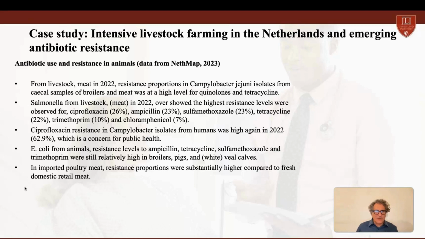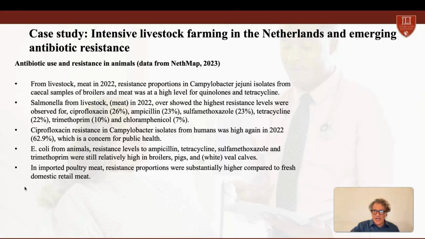And also ciprofloxacin, which is one of the most used, for example for pigs, is shown to have, in 2022, a 62.9 percent resistance, higher than the previous years. It means that it's pretty dangerous, because if the same disease happens again in the pigs, the farmers don't have exactly the antivirals and the antibiotics to treat this disease.